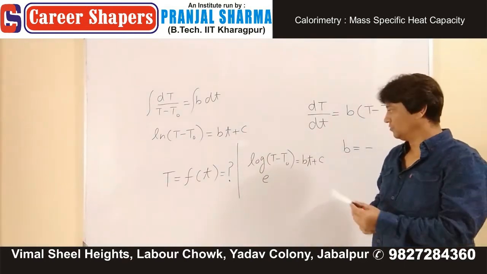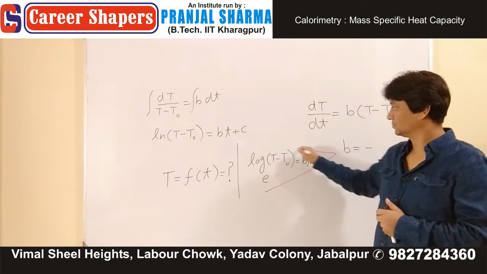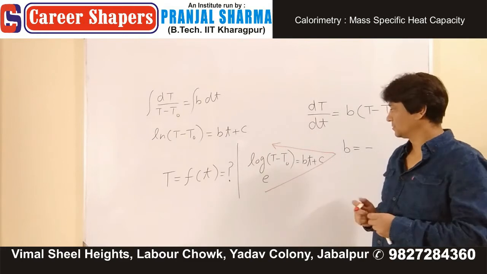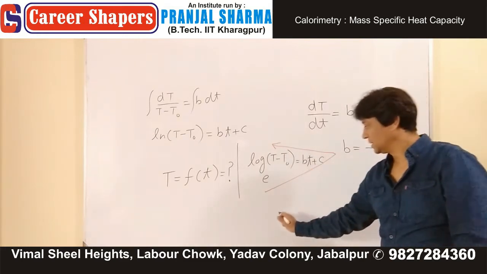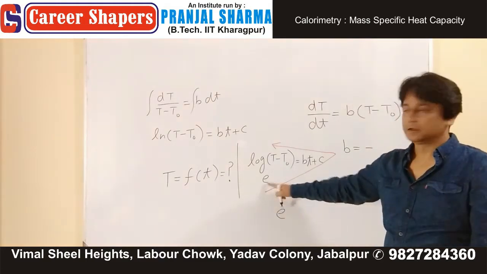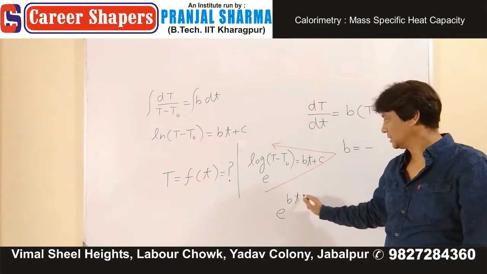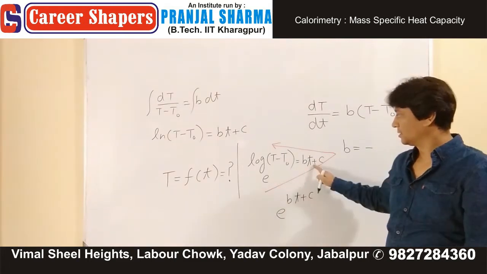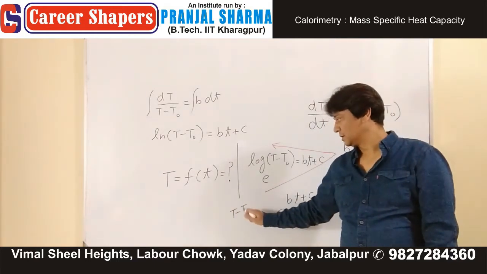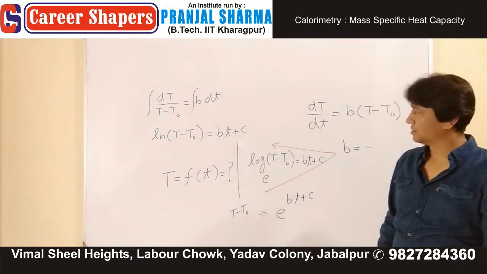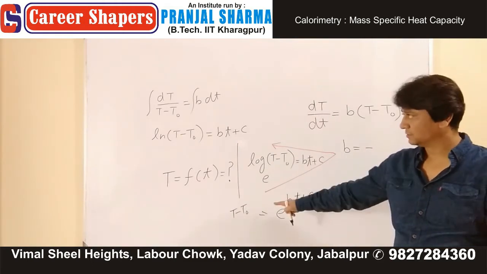That's how you remove log. What is this? e to the power bt plus c is what? T minus T naught. This gives us